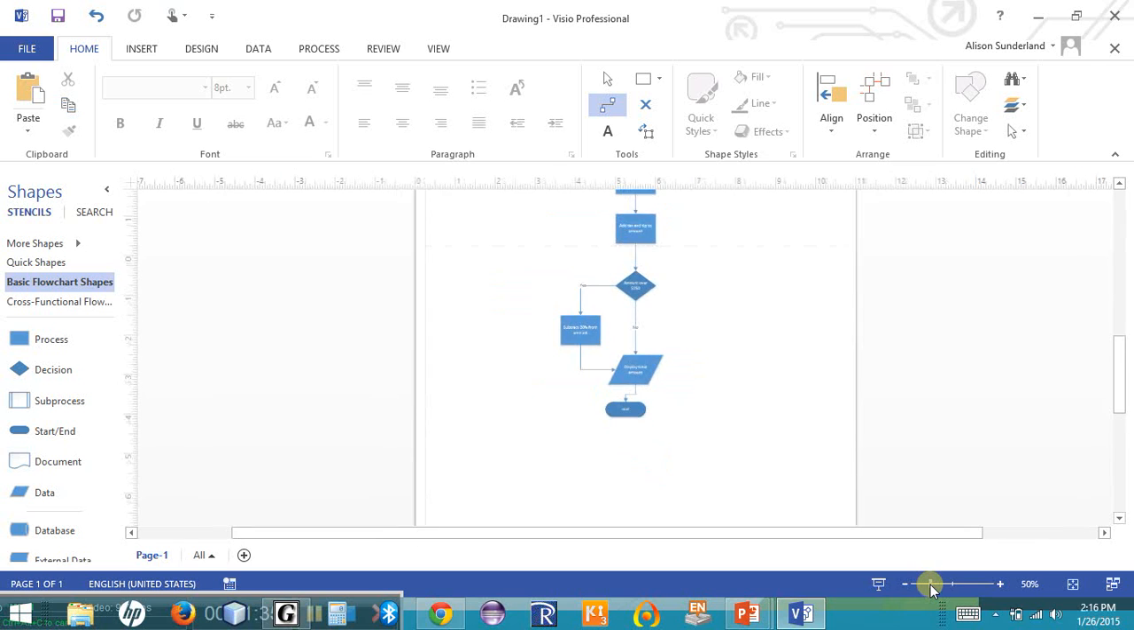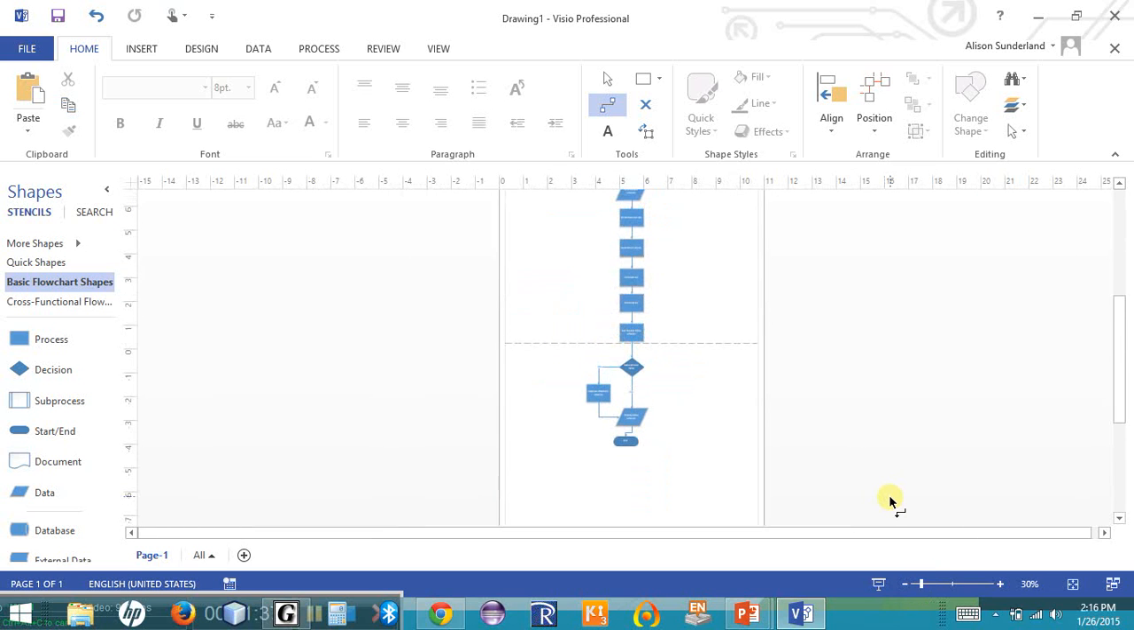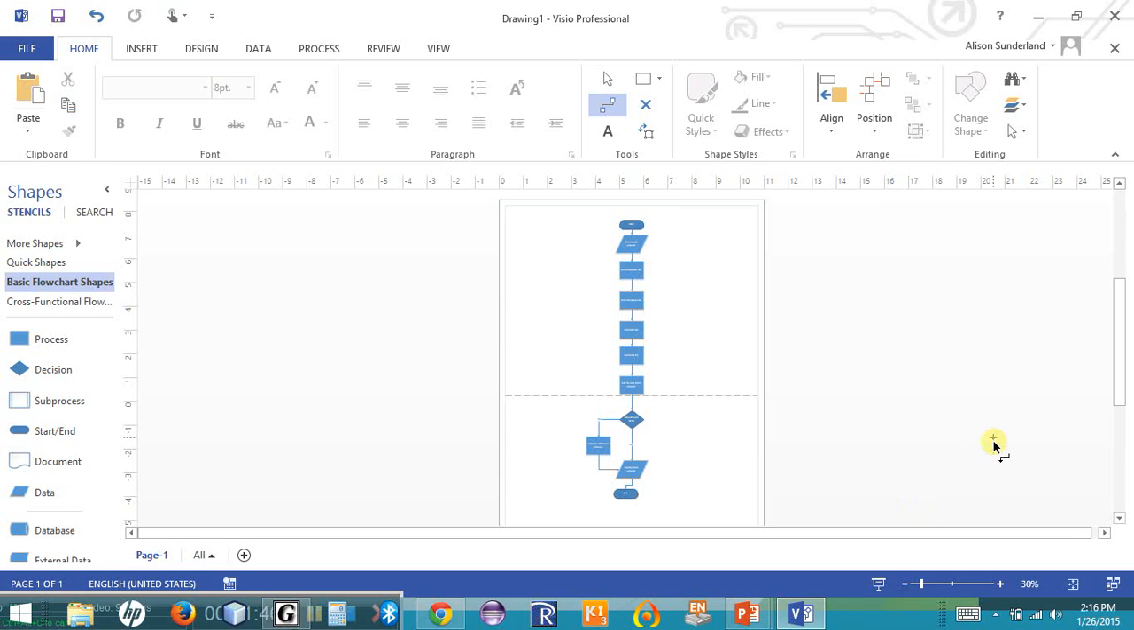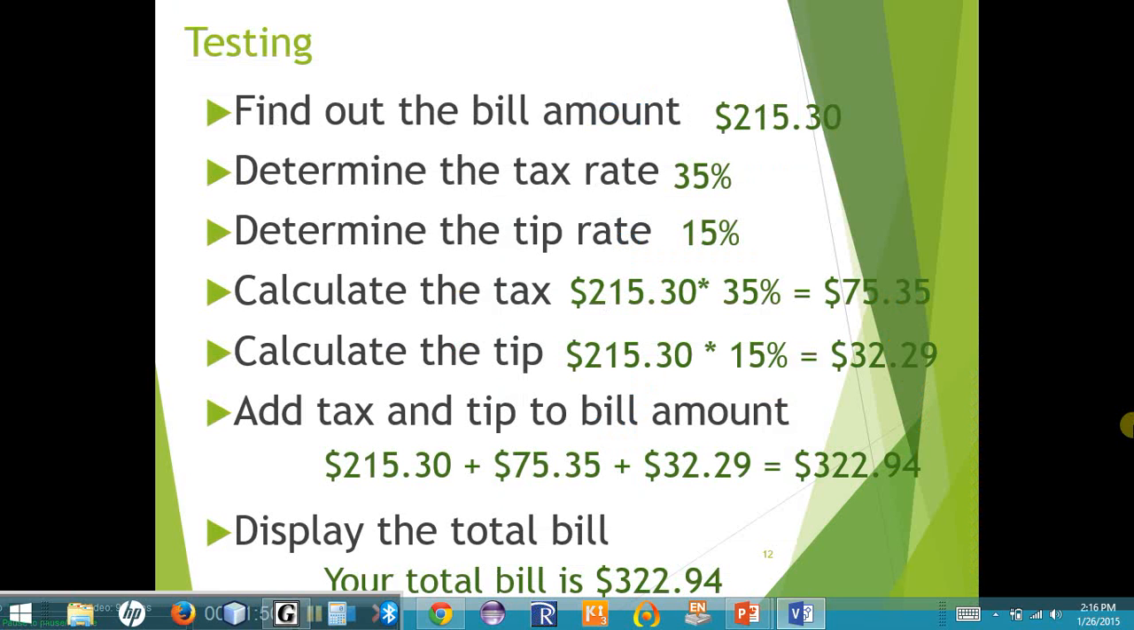So if I zoom out one more time, we can see the flowchart, or the graphical representation of the pseudocode. And it makes it very visual, much, much easier to follow based upon this graphical representation. All right, so